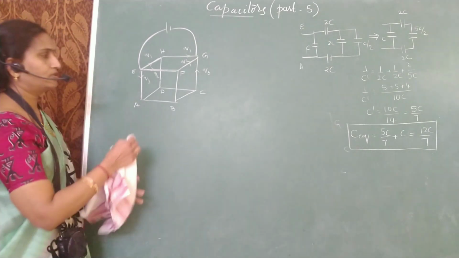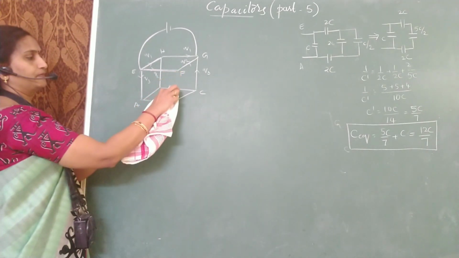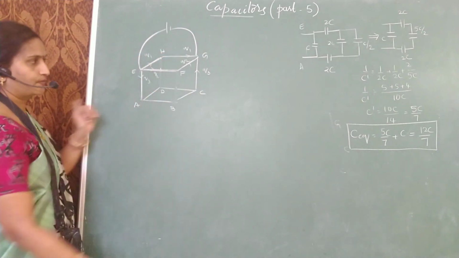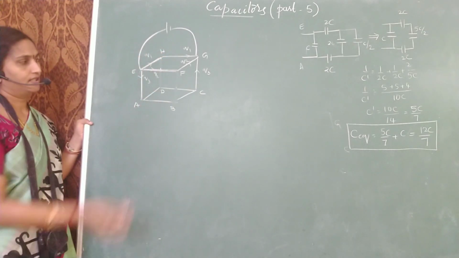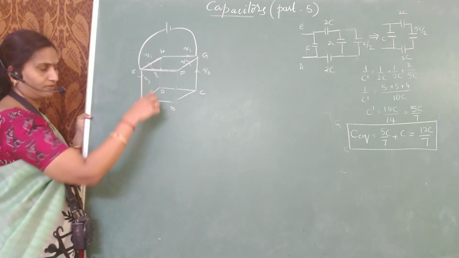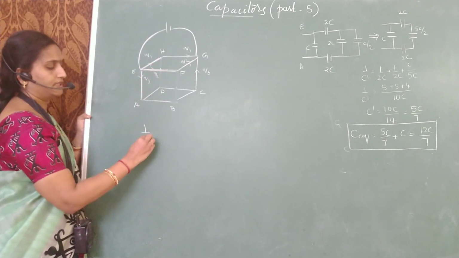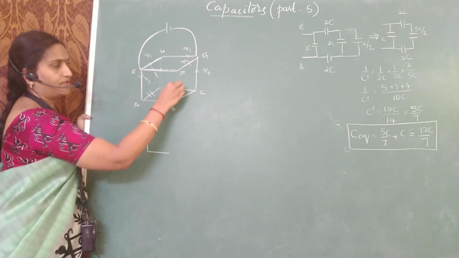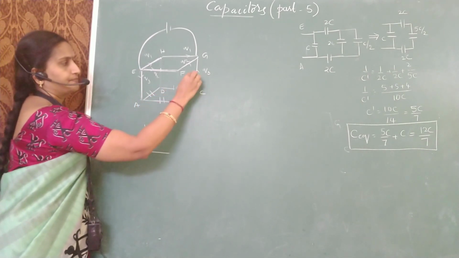Since there is no charge on the vertical lines, I can remove them. So I will remove these two vertical lines. This is how your circuit looks. So already it is a simplified network. I will put the capacitors and show you now. This is C. Down you have a loop. Every edge there is a capacitor.